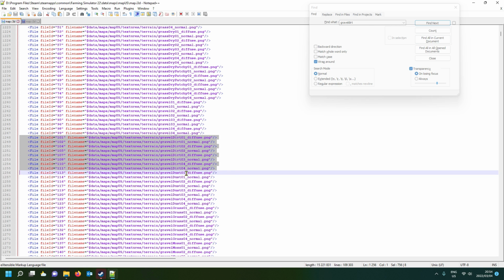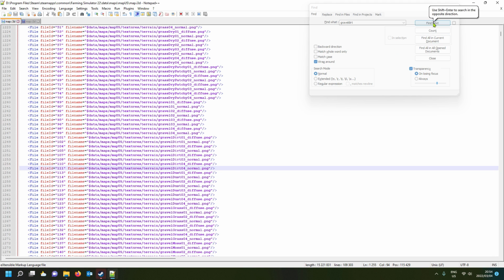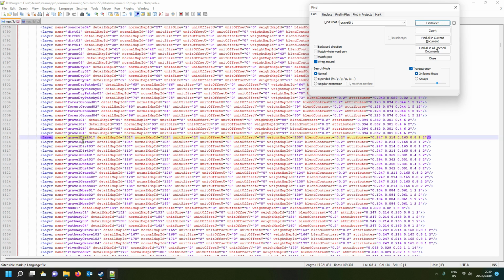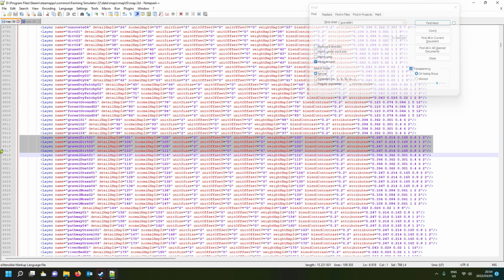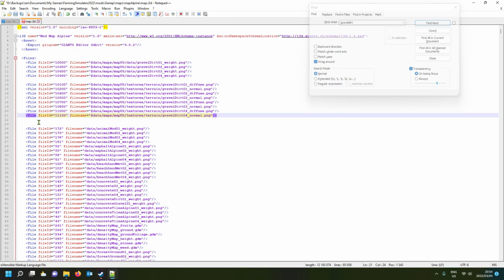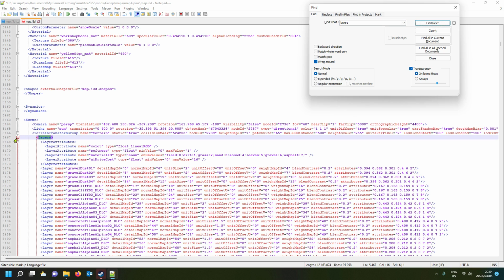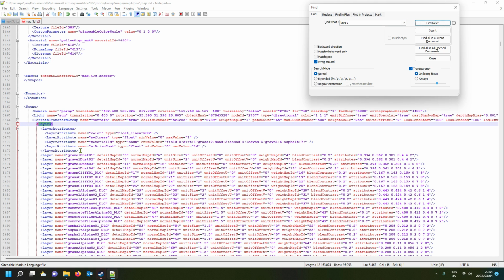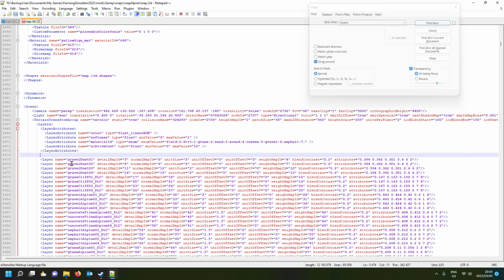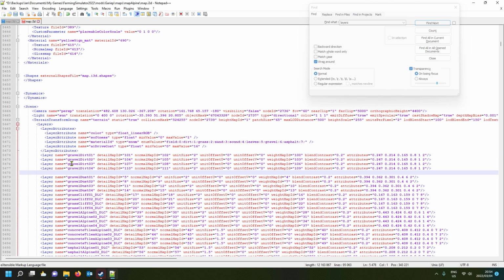Back into the i3D of the original map, and then go find next. Then we have Gravel Dirt, the 4 layers. Control C, copy that. Let's make sure I've got all 4. Yes. Right, and now what you do is you click underneath where you've pasted last, and now you're going to Control F and type in layer. Layers like that. Okay, and find next, and you'll see it will drop you down to layers, and then here on top under the layer attributes you're going to make a new line, press home, Control V,